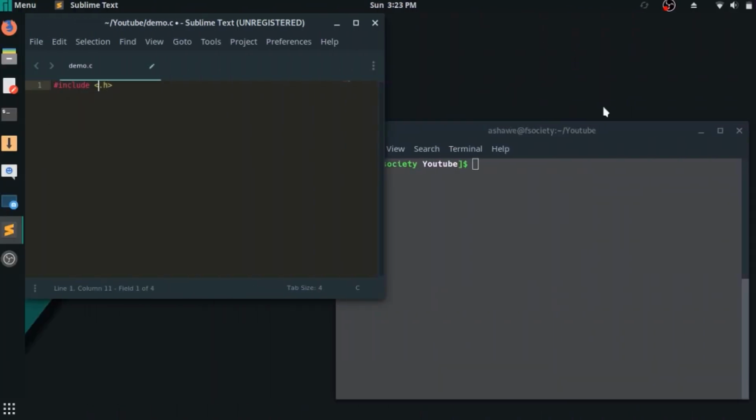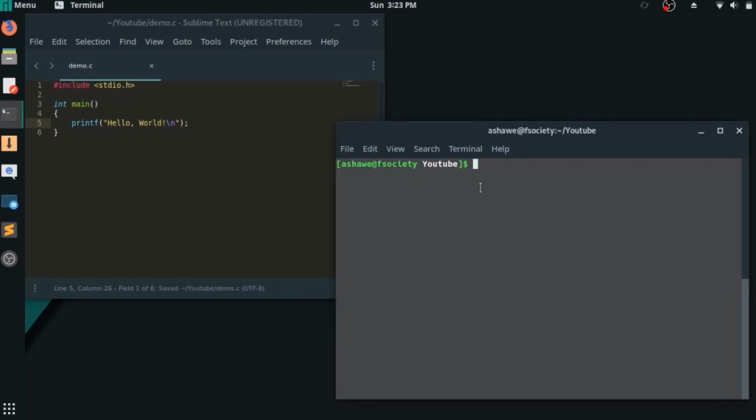First, let's import some standard libraries like stdio, and then let's start out our main function. Now, as we already said, to print something, we use the printf function, and we would generally print something like this. Let's do a simple hello world printf, and now we save it and run it by using gcc. We get the following output: hello world. It is printed on the standard output.